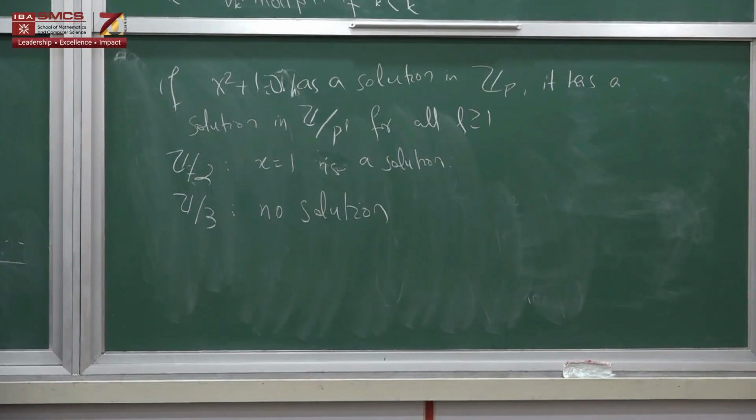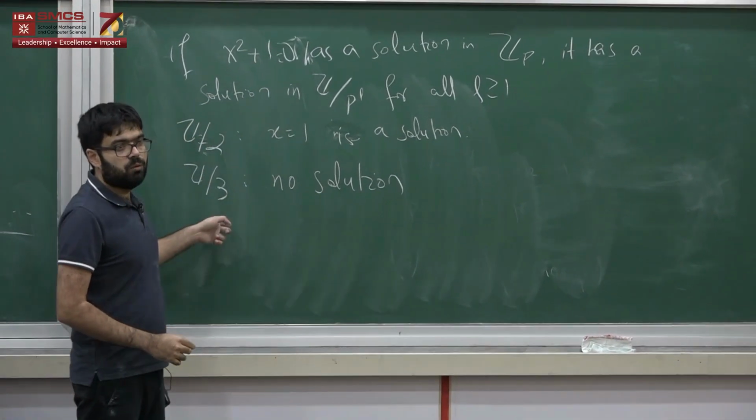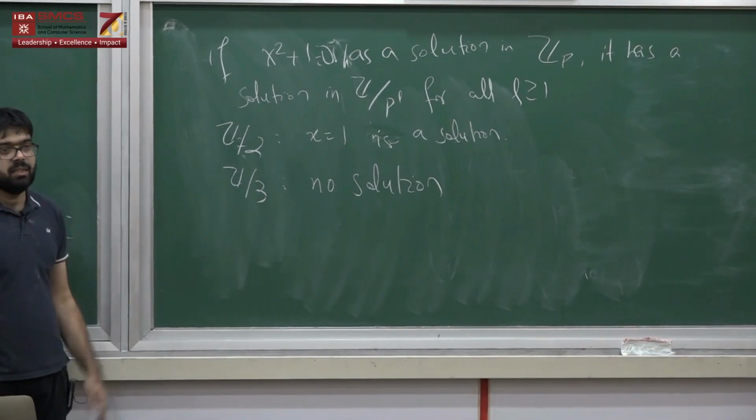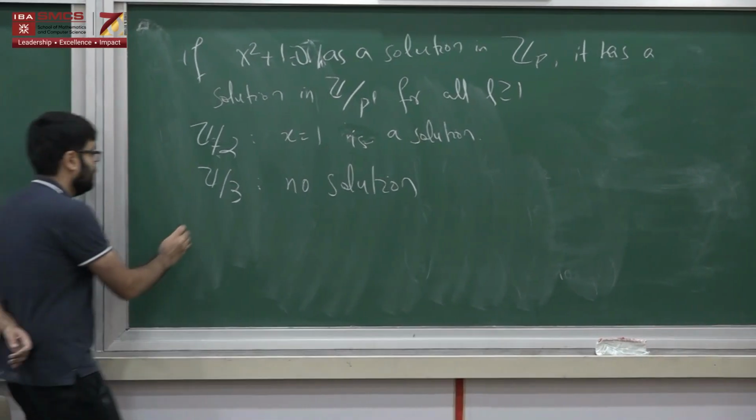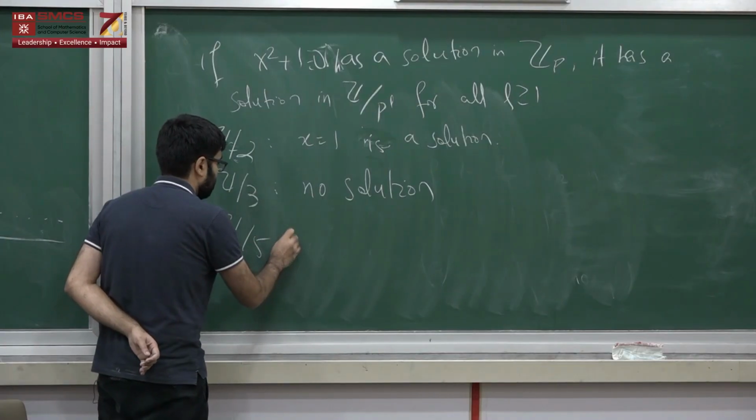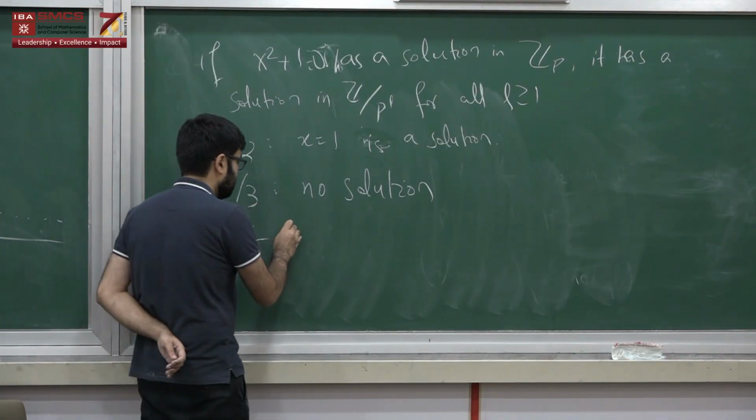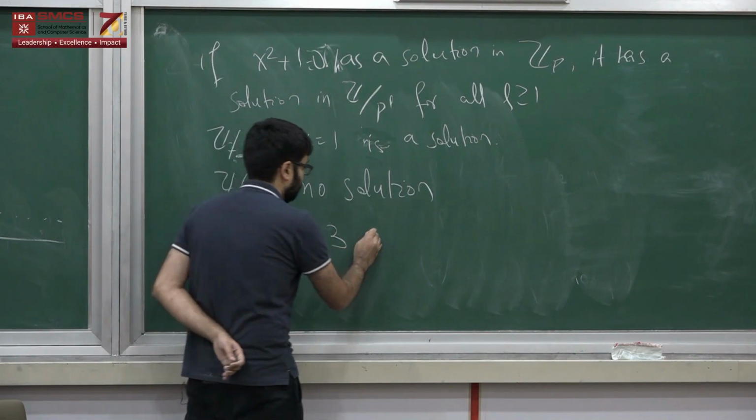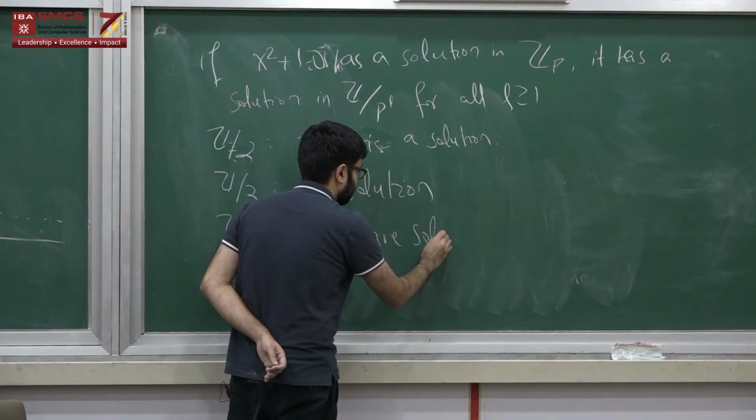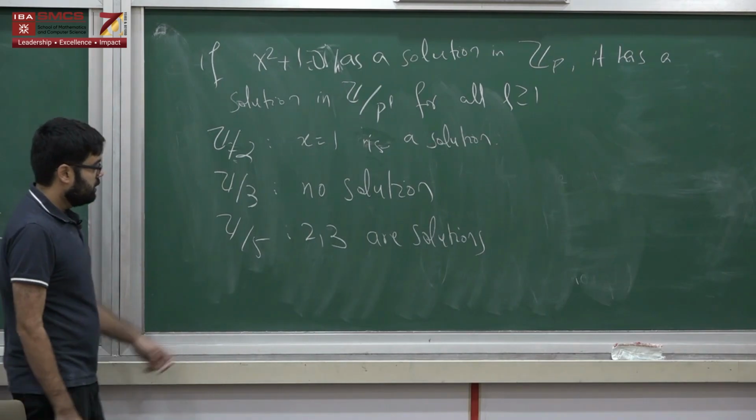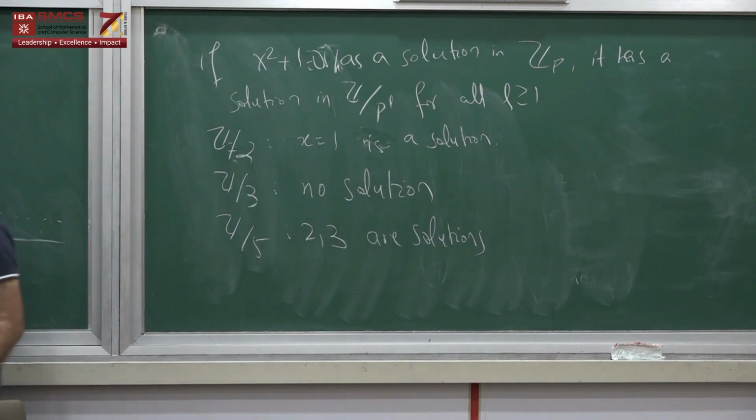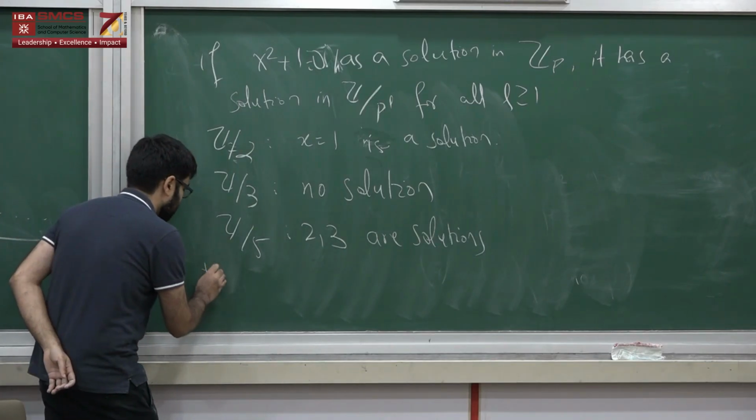So I already know that this equation has no solution over Z3, which is the group of p-adic integers with p equal to 3. So what about Z mod 5? There are two solutions, which are 2 and 3. 2 squared is 4, 3 squared is also 4. And so generally, what happens here is, there is a